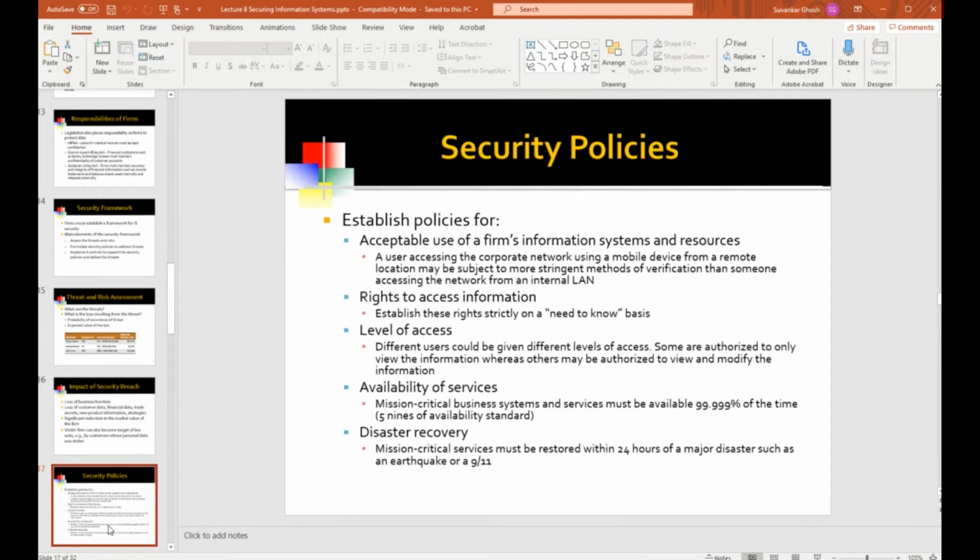Because of the cost of security, you have to think about what services should be made available at this very high level of availability. Do all my services need to be available at this high level? No, of course not. There are some services that can tolerate a certain amount of outage, and they don't have to be instantly available in real time all the time. So those are policies on availability.